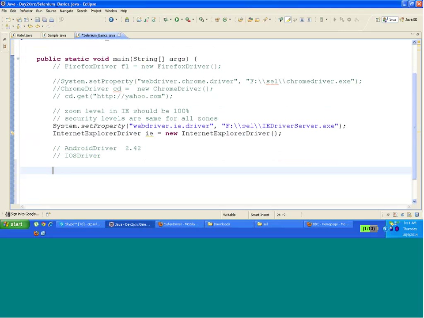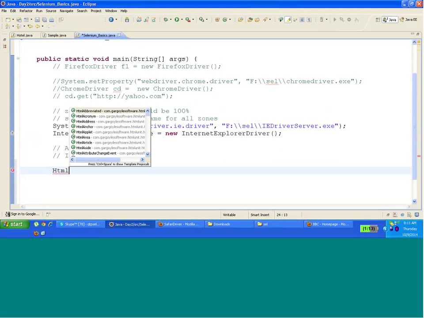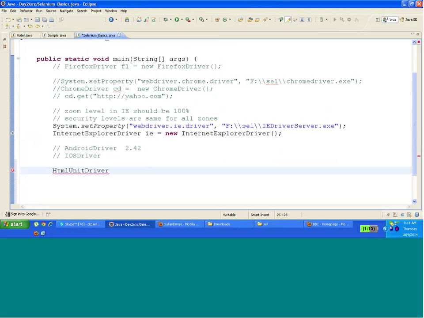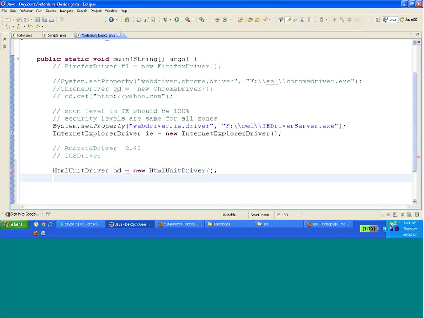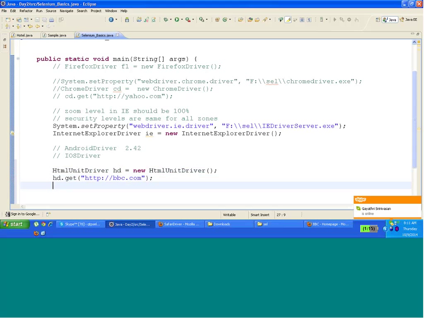And there is another driver known as HTMLUnitDriver. Hold on, I'll create the object of this. And I'll write HTMLUnitDriver dot get to the URL http, say, bbc.com. And if I run this,